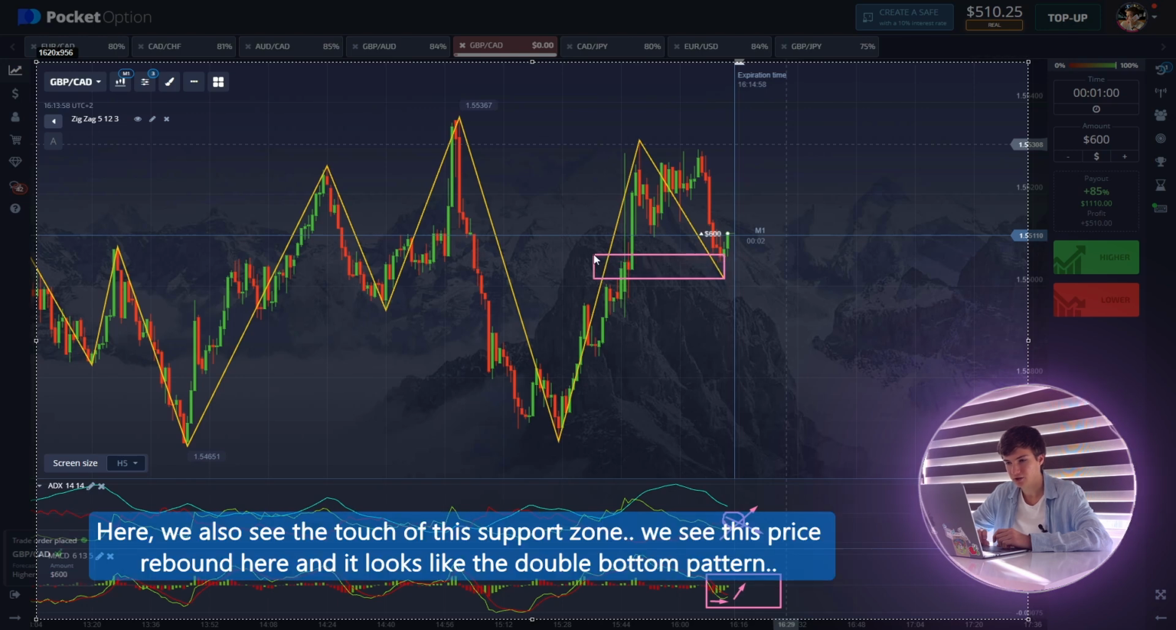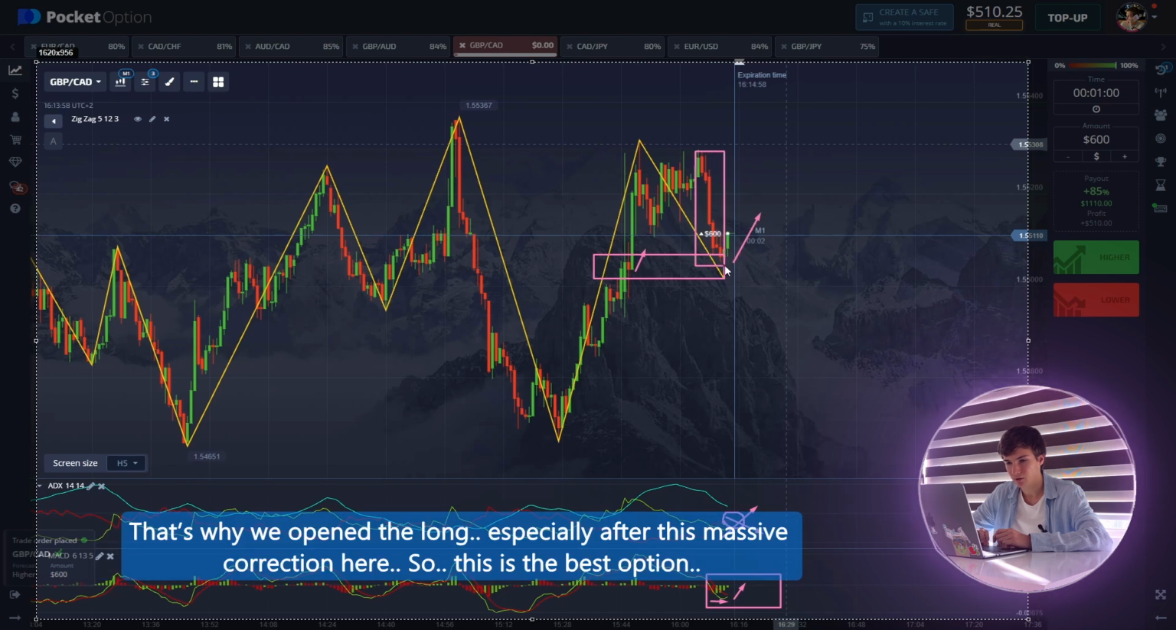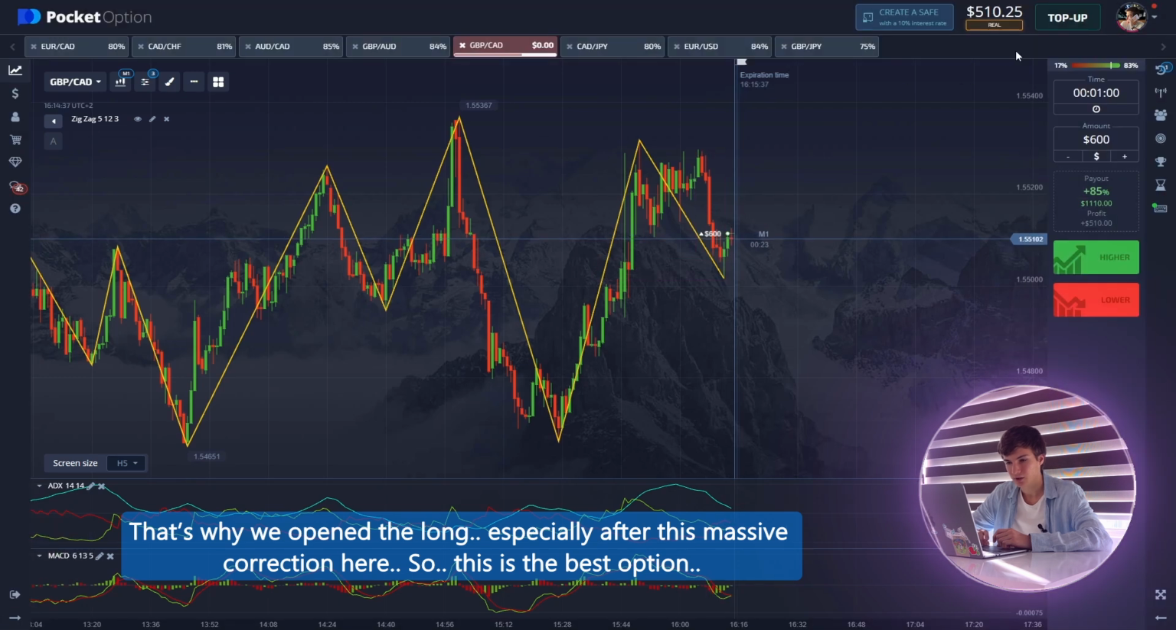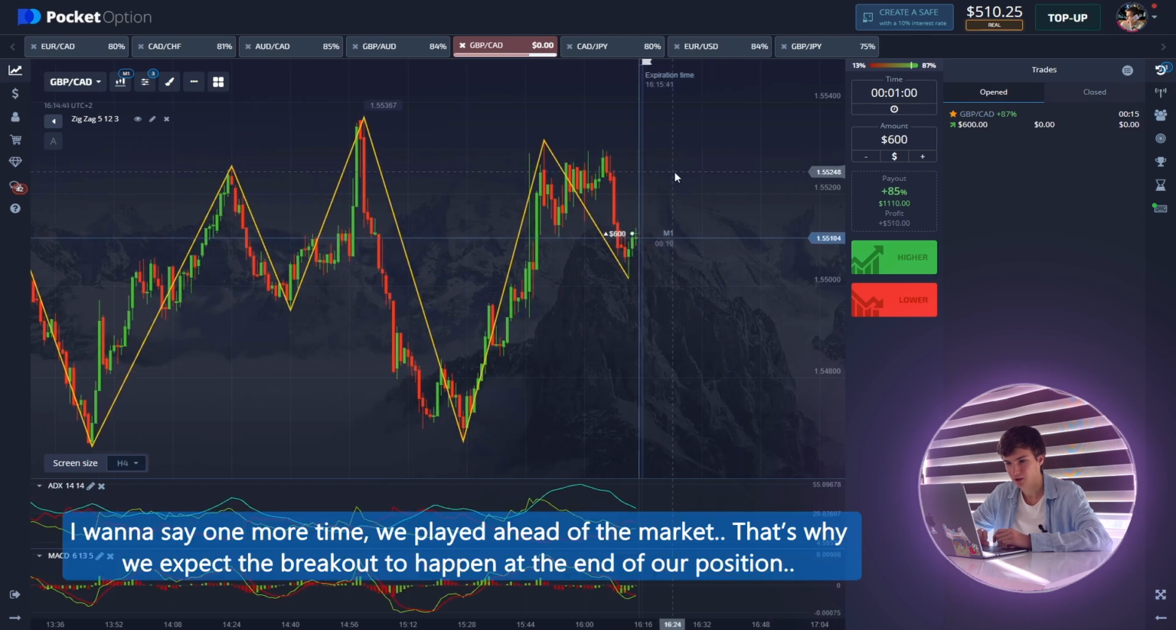Here we also see the touch of the support zone, and we see this price rebound here, and it looks like a double bottom pattern. And that's why we open the long, especially after this massive correction here. So this is the best bottom. I want to say one more time, we played ahead of the market. That's why we expected the breakout to happen, and